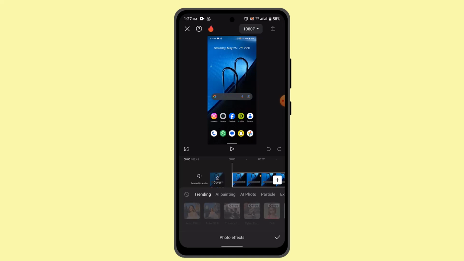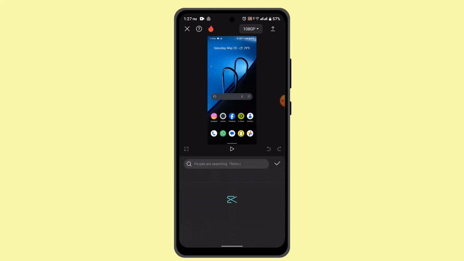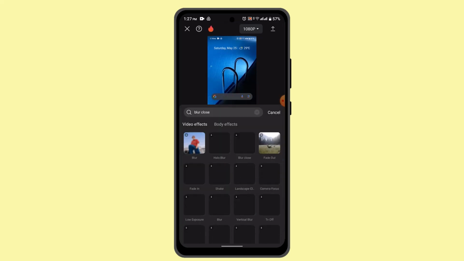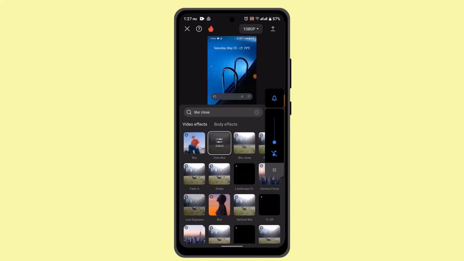So go to effect, and from here you could go ahead and tap on the video effect, that is maybe blur tools and all that. And when you locate it, then you could go ahead and press on it, and then select the area where you wish to apply the blur tool, and that should be able to fix it. If that's not the case, then you can also try cropping the video or the image